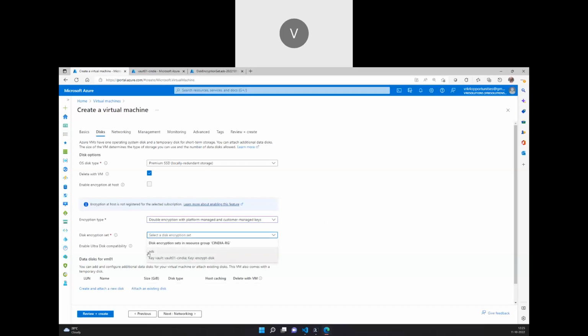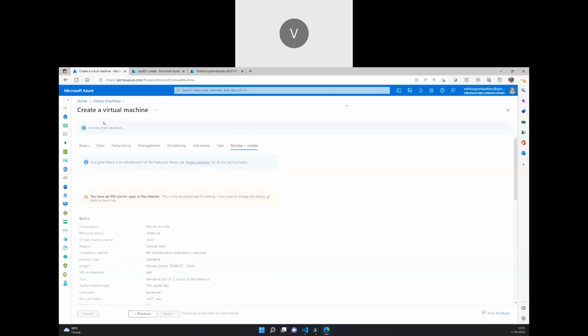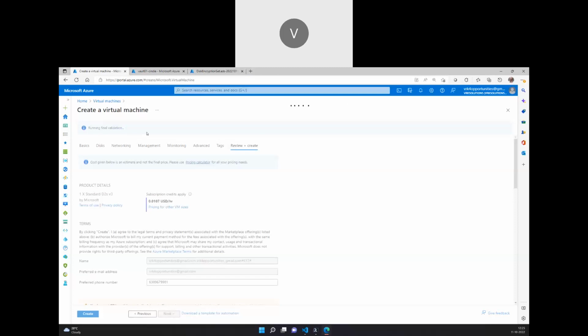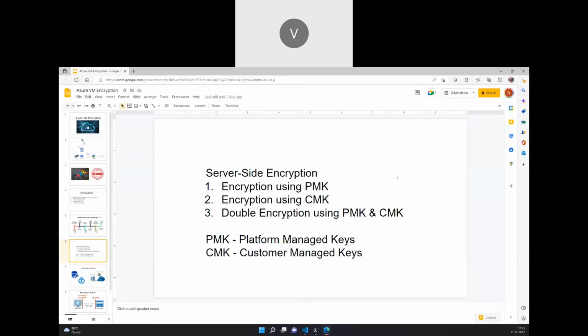I created an encryption set with just the naming convention ADS, and we can select that, and I can click on review plus create. So I'm creating a virtual machine using the double encryption. So this is how, in this video, I have shown that we can create an SSE encryption using a platform